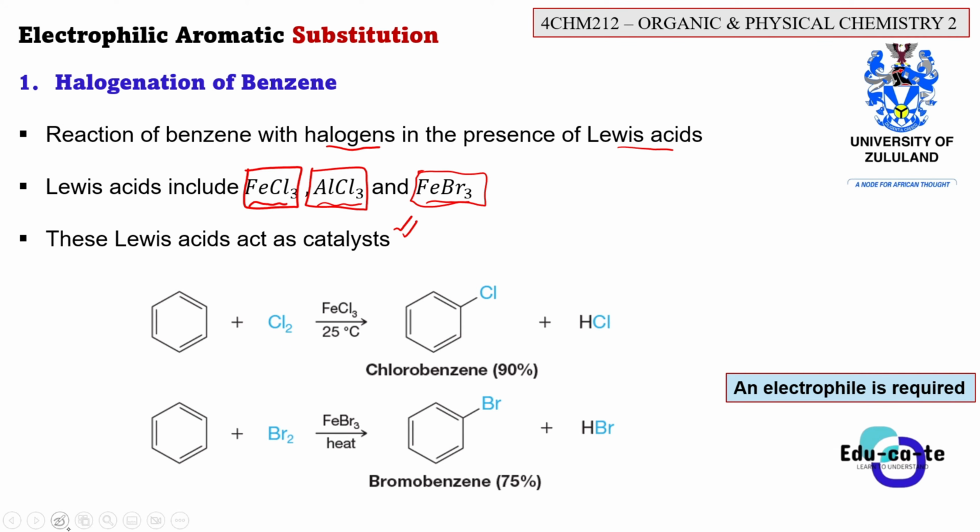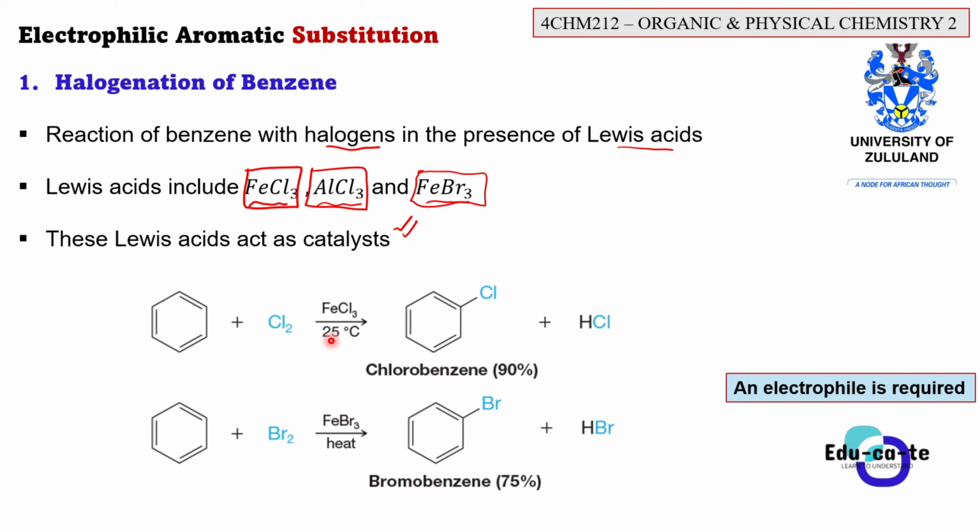You can see that here initially we start with a benzene ring. This is a benzene ring, right? Fully conjugated. It is an aromatic benzene ring, and if we react it with chlorine gas, this is Cl2, right? So this is chlorine gas, and we are reacting it with a benzene ring. The catalyst that we're going to use is ferric chloride. This is FeCl3, right? And we are going to use room temperature as our ideal temperature for this reaction to take place.